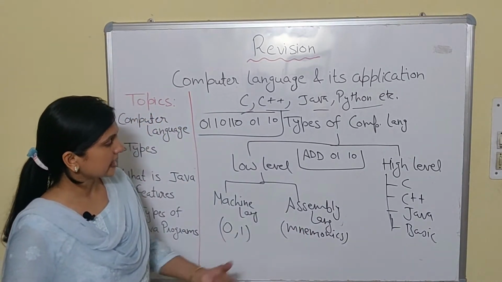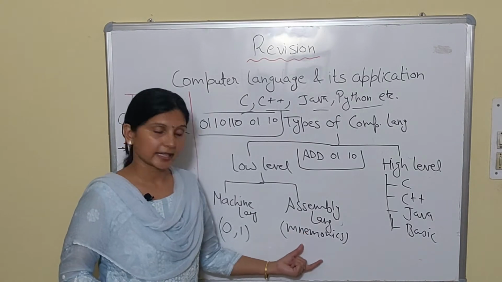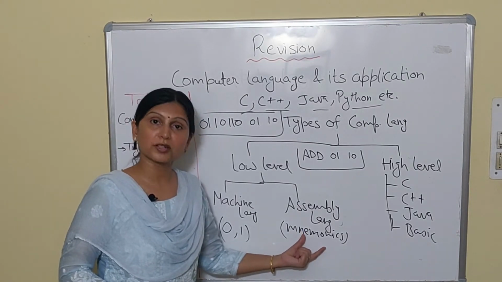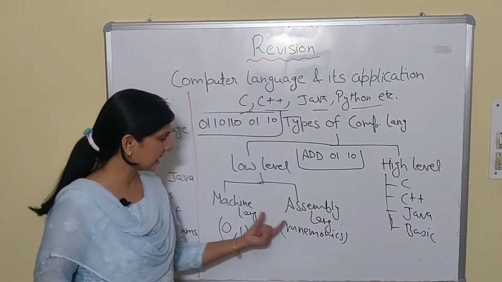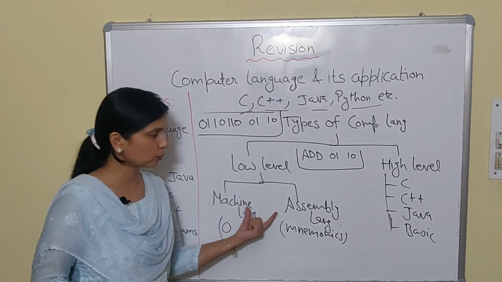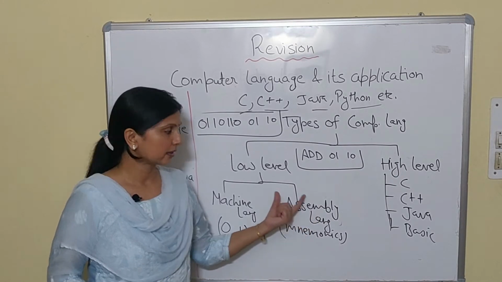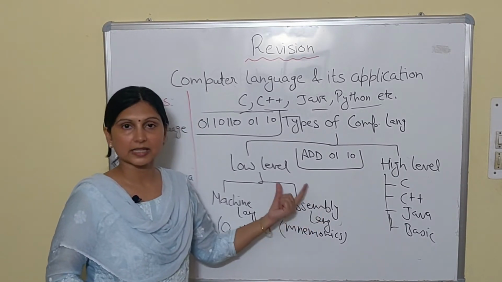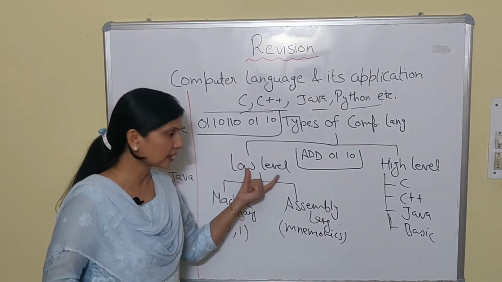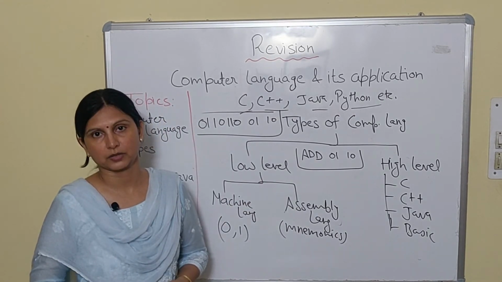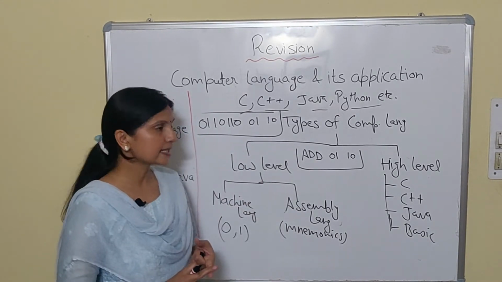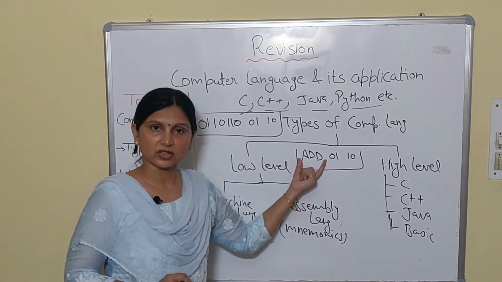And what else? The second disadvantage is this is also machine dependent, as machine level language. So both these are machine dependent. Fine. Due to this machine dependency, both of these languages are called low level language. Fine. So advantage is easy for the user to write instruction.